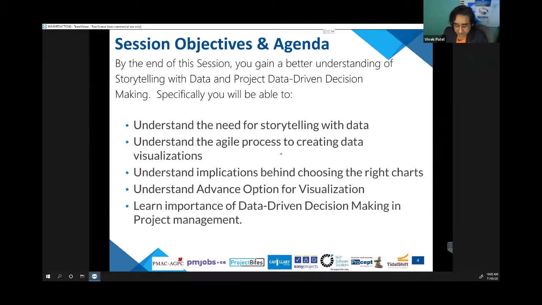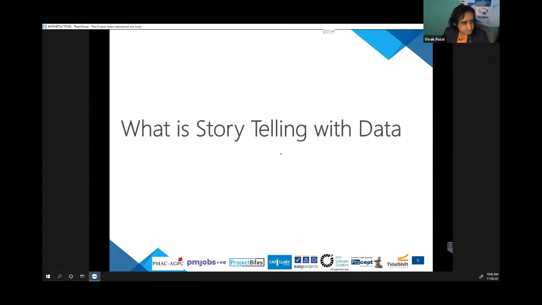Also, we are going to understand the advanced options of visualization. So how do you present your data? What are the best practices? And learn the importance of data-driven decision making. I'll be starting with the concept of visualization, and then we'll dig deeper into how you can visualize your project